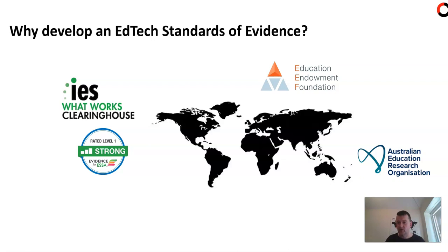And just to put this into context, we have the IES, which is based over in the USA, which have their ESA standards. And this basically ranks evidence from a tier 1 down to a tier 4, with tier 4 being the EdTech company having a logic model, to tier 1, which is the highest rating of the evidence using